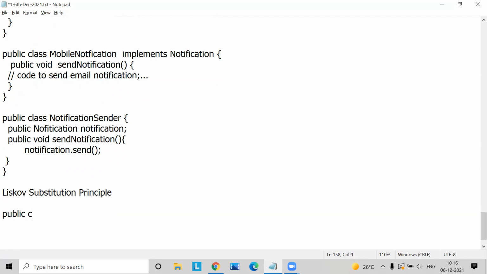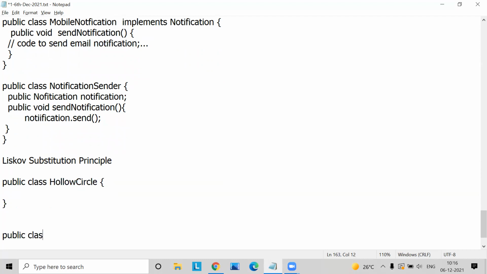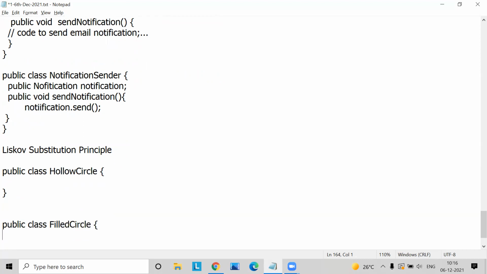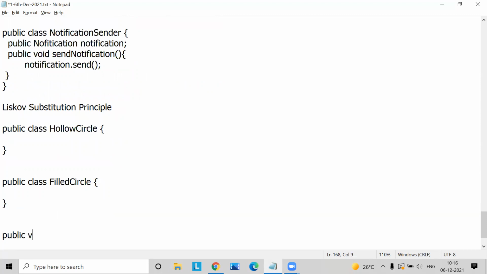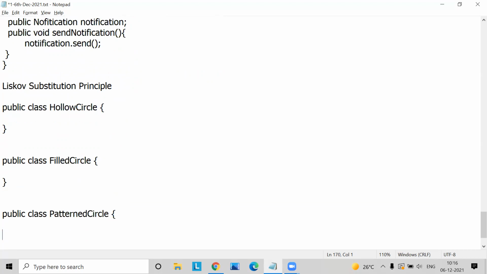the classes like hollow circle, and then we have the class like filled circle. First, I explained the circle example. Later, I explained the database example in core Java classes, I remember. So the filled circle example is here, and then let's say we have something called the patterned circle. So in these three classes,